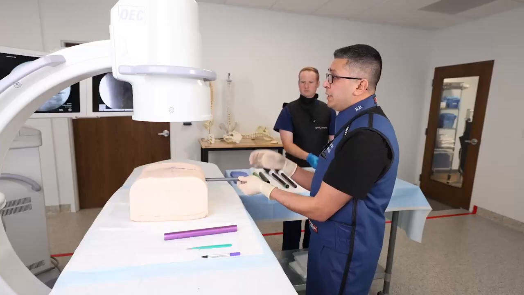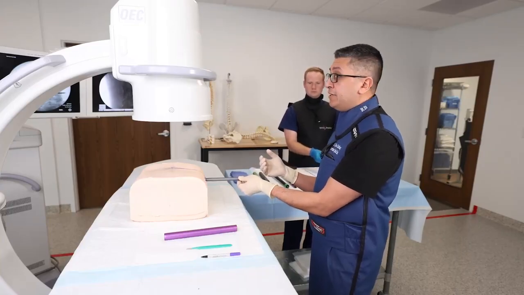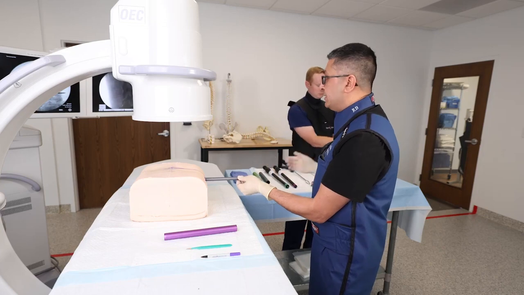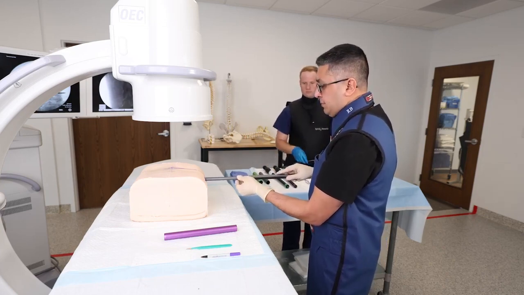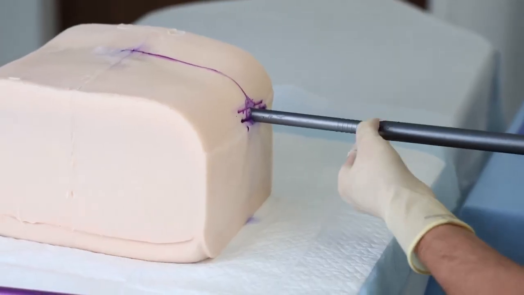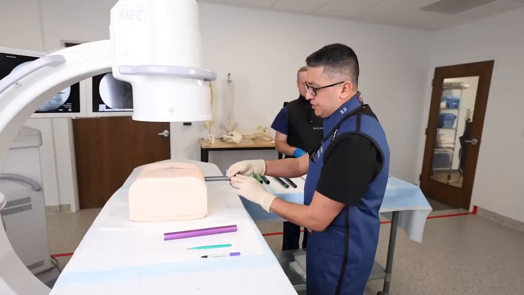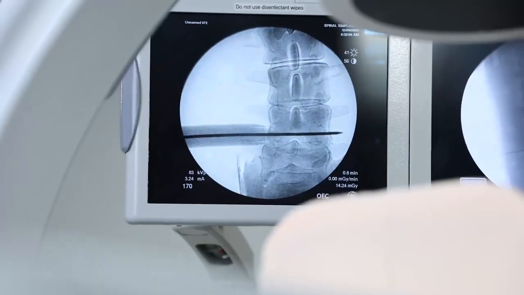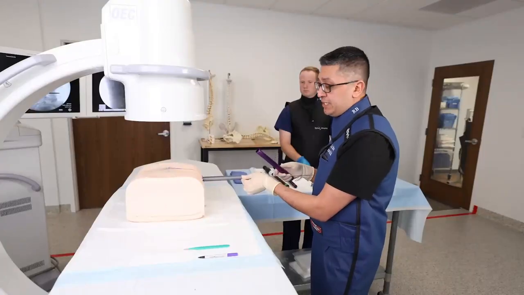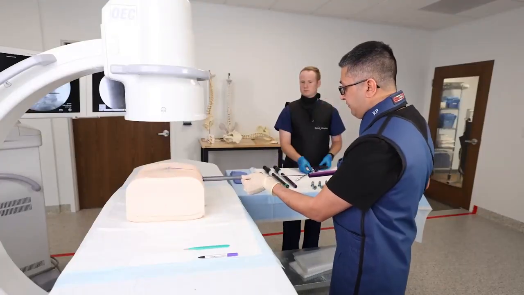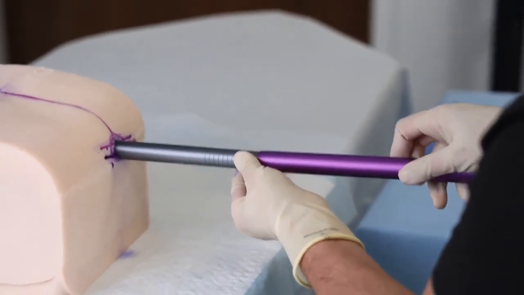As you can see here, we have our guide pin, our first dilator, and our second dilator exactly positioned where they need to be. So I'm going to use a third dilator at this point. In some situations, you have to keep a little bit of pressure on here just to make sure they don't get dislodged from where they've been before. As you can see, all three of the dilators are there. We've already put on the extension. At this point, we're going to put on sleeve 1.